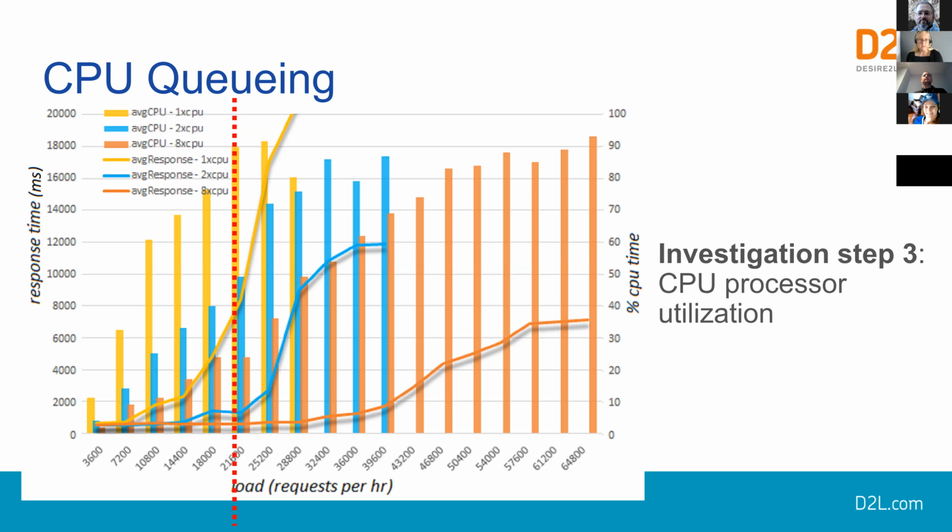So I know that was a lot to digest. At this point, I just want to do a quick recap to summarize the steps we've taken so far to analyze. So we noted the hockey stick effect with rapidly escalating response time and realized that we have a bottleneck. We monitored queuing at some key resources and determined that the queuing was CPU queuing. We hypothesized and verified that additional processing capacity may solve the issue, and shown on the current graph, we aligned reduced CPU utilization with reduced response time.